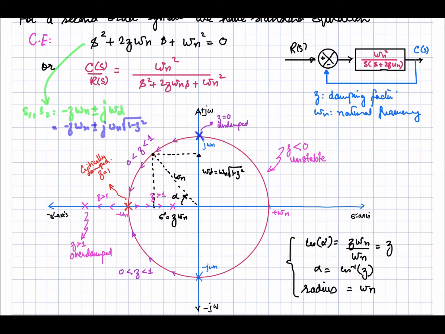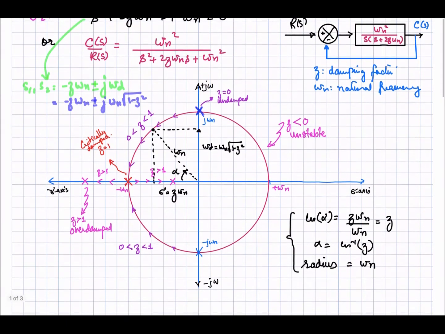And if zeta is less than 0, then our poles will move in the right half plane and the system will become unstable. Right? So now let's suppose that our poles are at this location. One pole is over here and the second pole will be the mirror image over here. So now if I take this line that is joining the origin of this plane, the sigma j omega plane or the s plane, this is our s plane, right?